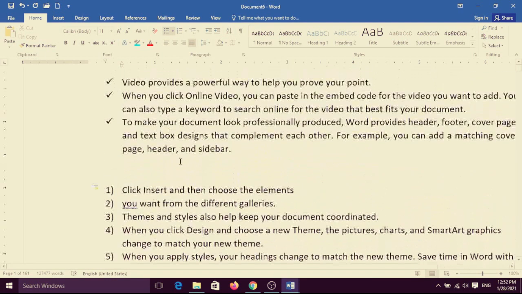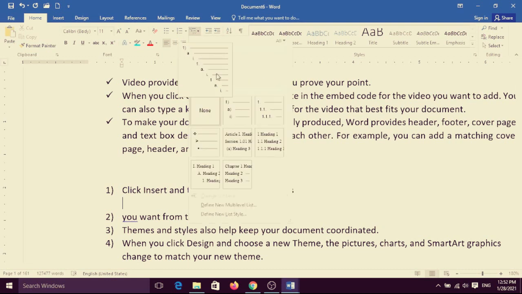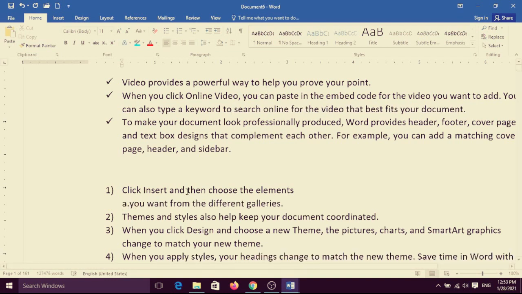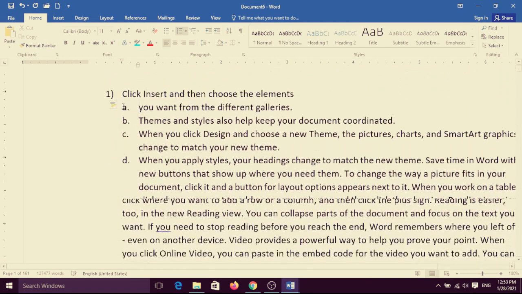Or you can also, suppose you want 1 and you want to use A, how you can use this numbering list: A and then after, A and then after, like this type you can use the list. Suppose I want to choose this one. Now see, 1 is here. Or you can use A and a dot, press the space button, and it will be automatically selected with numbering. Yes, see, A, B, C, D, it is automatically selected.